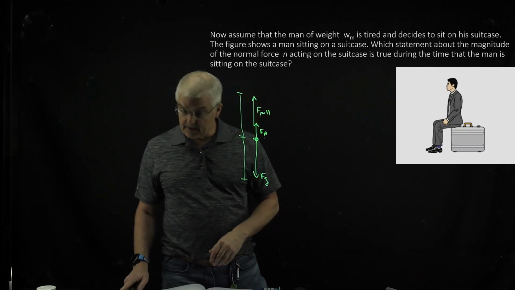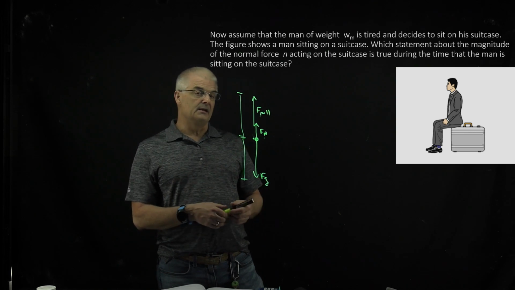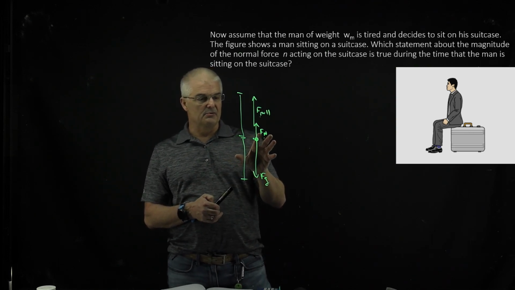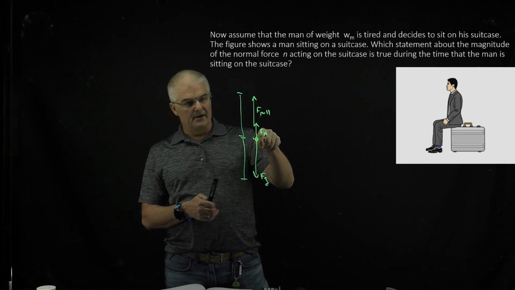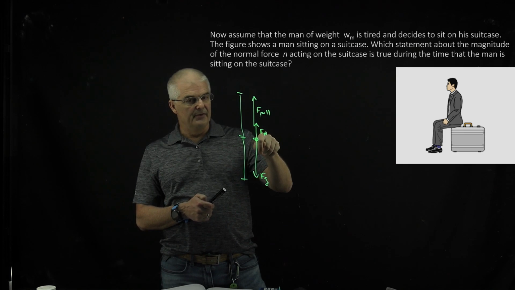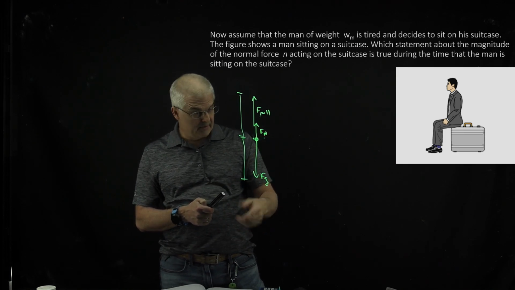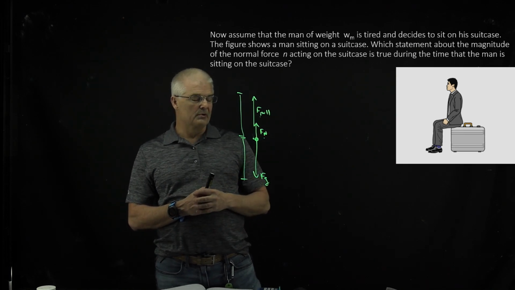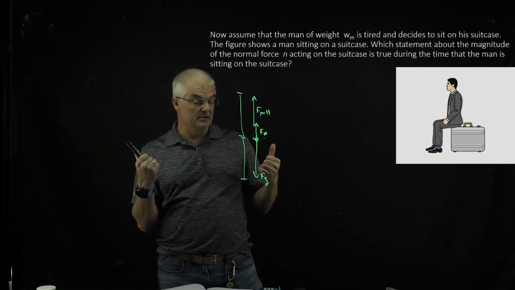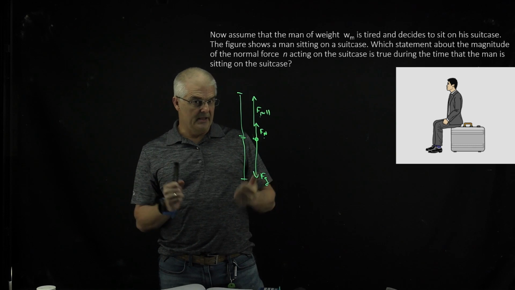And then the second half of this question, he's sitting on the suitcase. Again, draw one of these free body diagrams. Now in this case, remember, there is the force of gravity of the man and the force of gravity of the case pushing down. And so what would the normal force be pushing back up? Again, remembering that there's no motion, so the force down has to equal the force